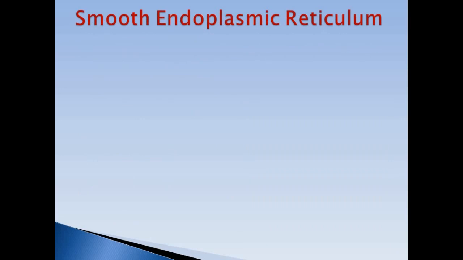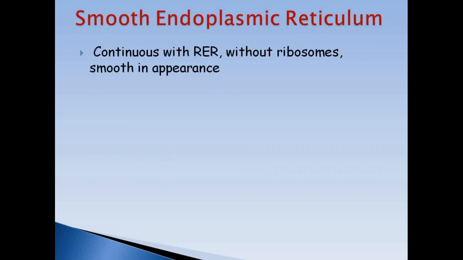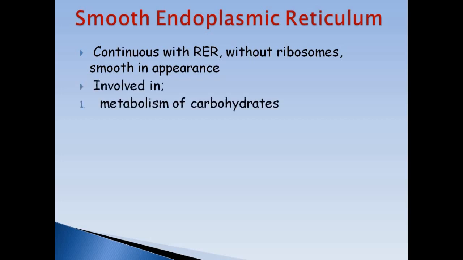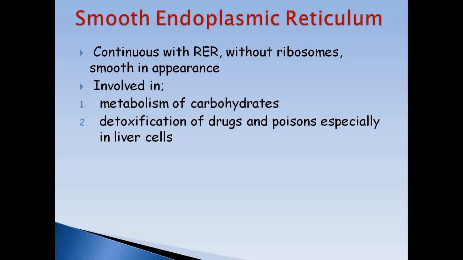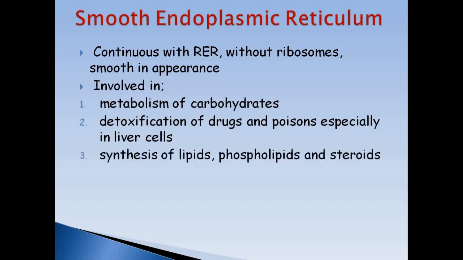Smooth endoplasmic reticulum is smooth because it is without ribosomes, so its appearance is smooth. It has many different functions to perform. First of all, it is responsible for the metabolism of carbohydrates, and for the synthesis of lipids, especially phospholipids and steroids. Remember, these are the major parts of plasma membrane. Another important function of smooth endoplasmic reticulum is detoxification of drugs and poisons. If any poisonous substance enters inside the body, it is detoxified or neutralized by the smooth endoplasmic reticulum present, especially